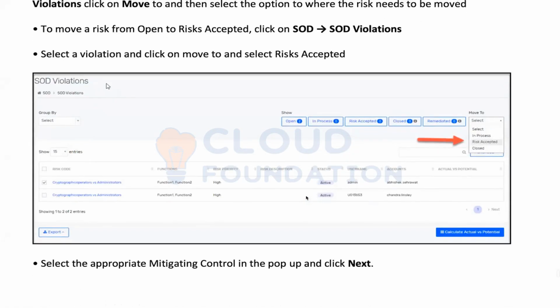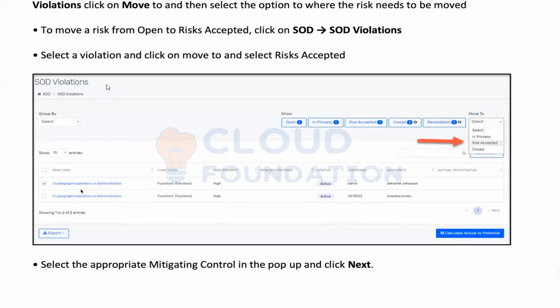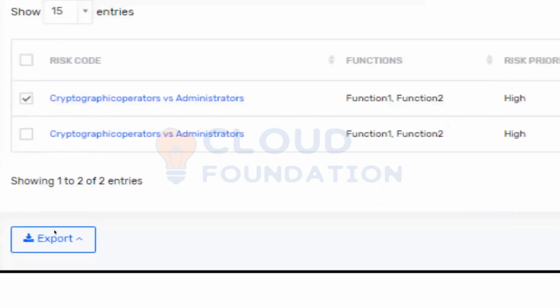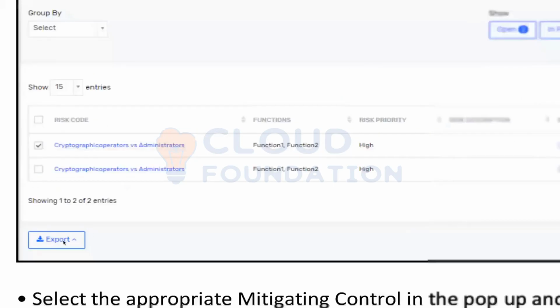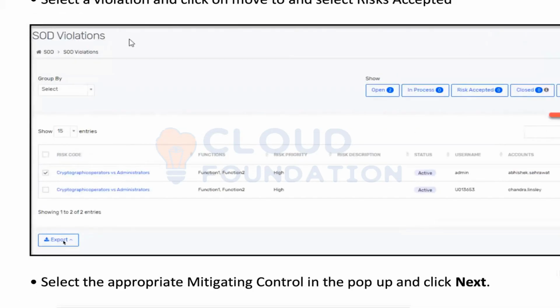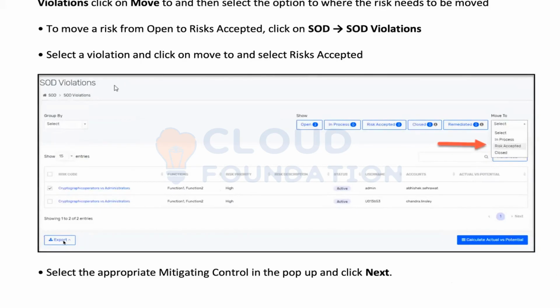Once I click on submit, I will see this request that these are the two people who requested this. Till now, we were just exporting the report, saying that I just want to get out of these people. But now, I want to take an action on this. If I want to take an action, I can choose the request that they created and click on move to.